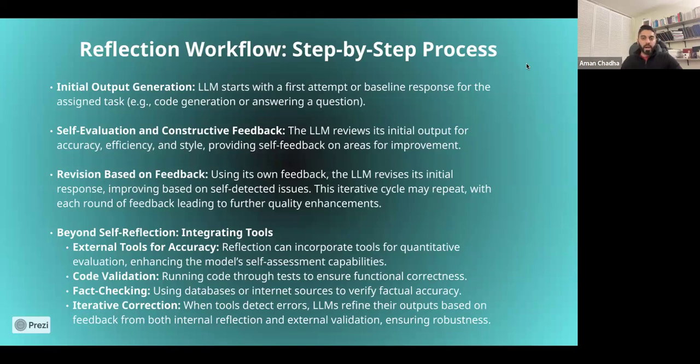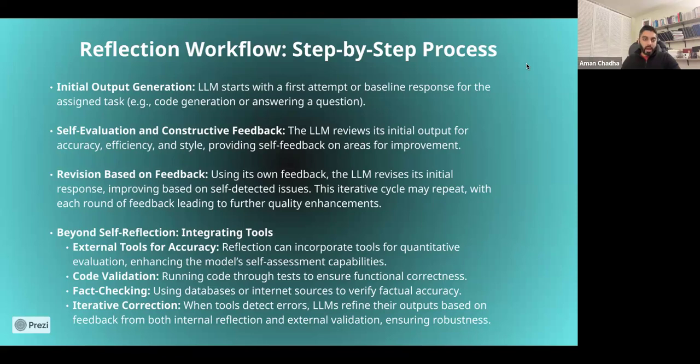Obviously, at some point you'll hit a plateau, but you could have a static set of iterations, say two or three iterations, or five iterations, or you could run this loop until you reach a particular level of quality on some quantitative metrics, like accuracy or style, if you're defining some of these metrics. That way you have a response at the end of the day that satisfies the initial metrics that you had.